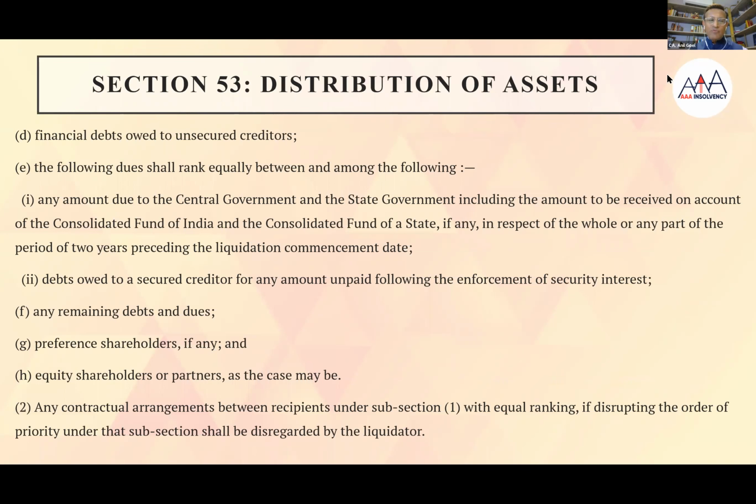Clause E subclause 1 says any amount due to the central government and the state government, including the amount to be received on account of the Consolidated Fund of India and the Consolidated Fund of a State, in respect of the whole or any part of the period of 2 years preceding the liquidation commencement date. So in case there is a claim of the income tax department or GST department, and the claim pertains to 2 years preceding the liquidation commencement date or 2 years preceding the CIRP, then it should be separated, and up to 2 years it should be admitted in this clause E subclause 1,